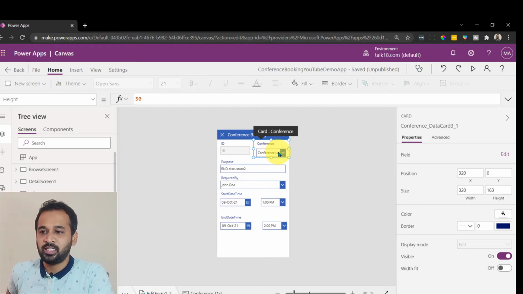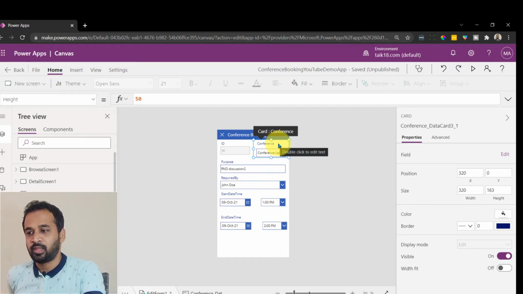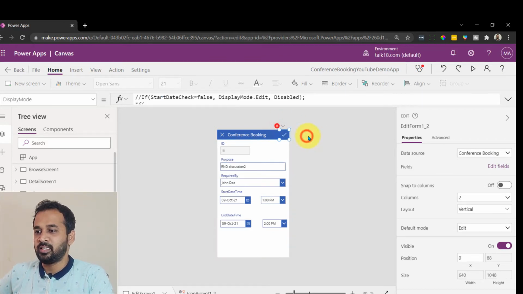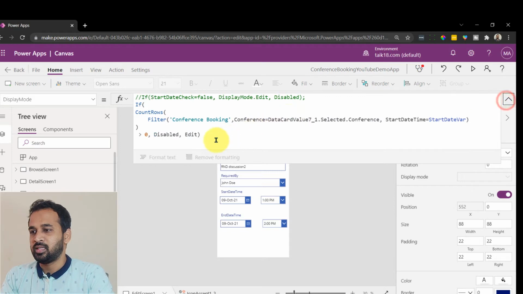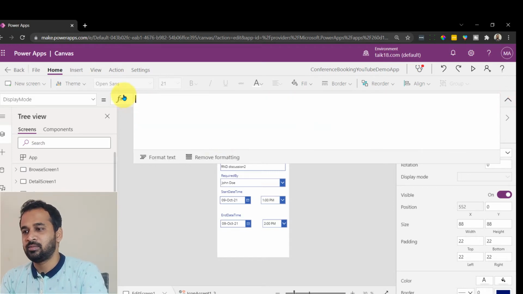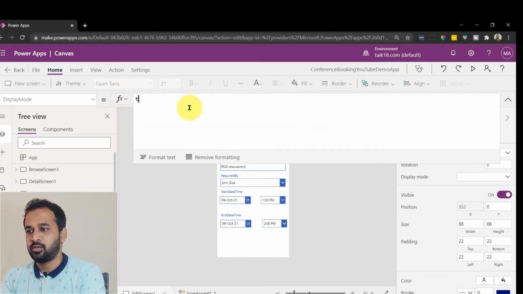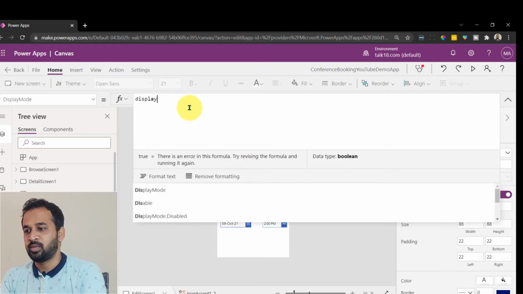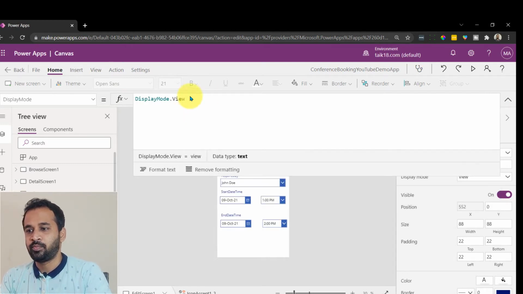So the same way, I just deleted this one. I'm just showing it here and it gives an error message. So I click on here and edit in the formula bar, and then we can delete all these things. Display mode equal to true, for an example. Sorry, display mode dot view.